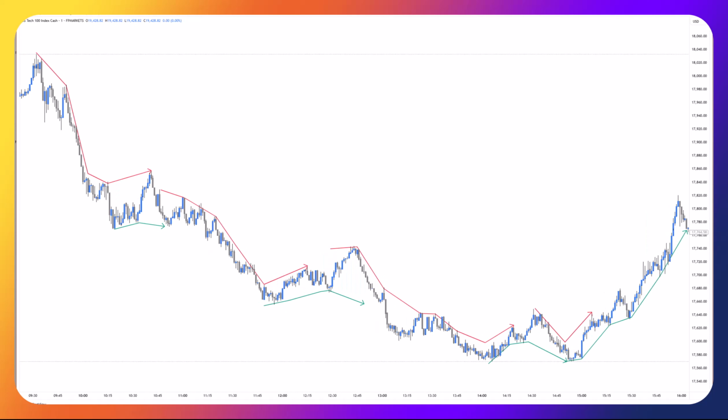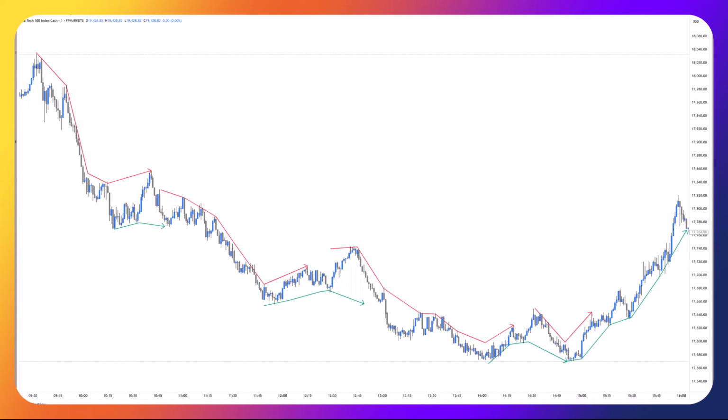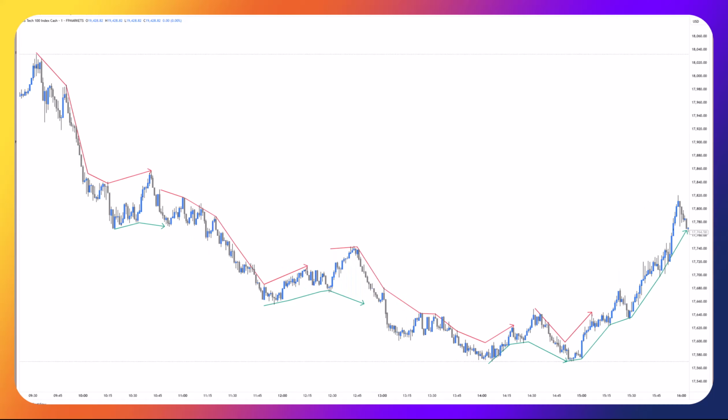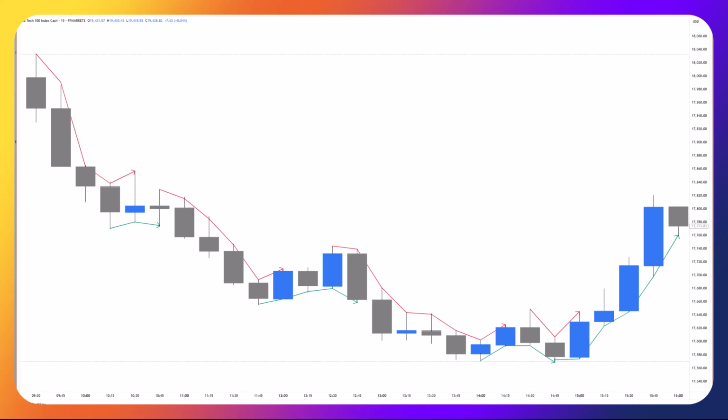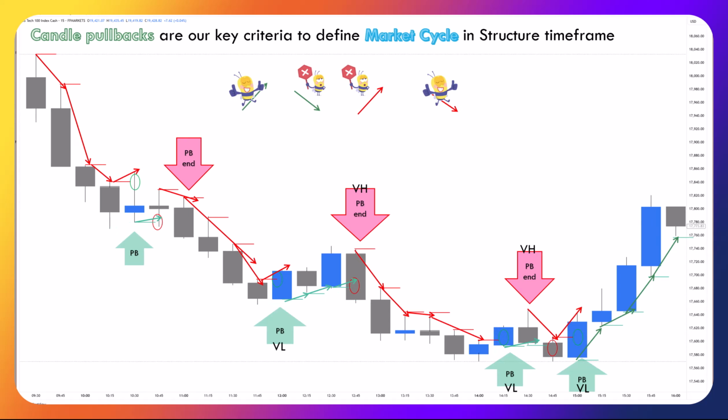Look what happens inside these candles in the lower time frame. This one is a 15-minute candle. These are all 15-minute candles. These are 1-minute candles. So look at the opportunities that we have here to sell all the time. As far as our momentum, it is intact and strong, so we can sell here on any opportunity that